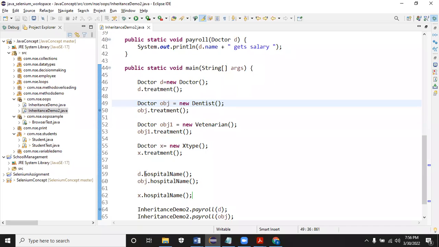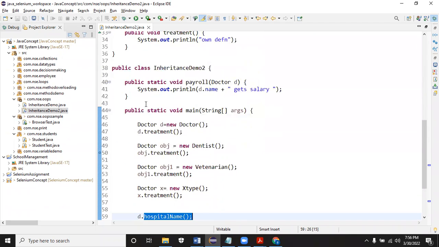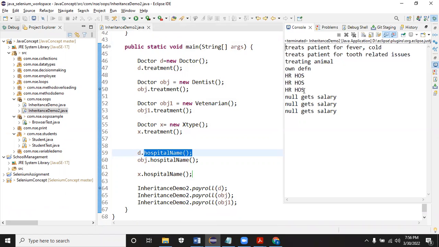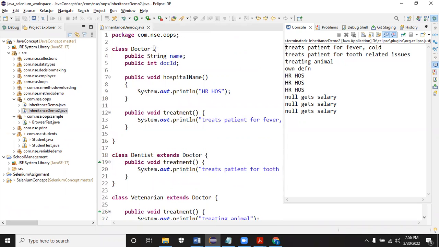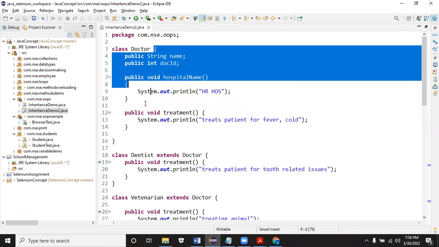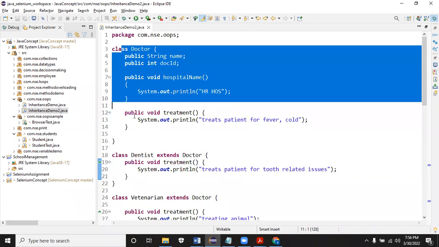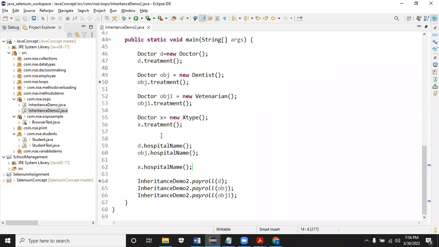Now what you need to work on is whether this method is overridden or not. Hospital method is overridden in the child or not. If it is not overridden, don't worry, it will take the definition from the parent class. Okay, during the runtime, one method will be loaded. First parent method will be loaded. If you listen carefully, last class I explained the inheritance concept. What happened when you create an object for child? When you create an object for child, first memory will be allocated for parent, then it will allocate for child. Now, if parent and child is having a same variable, same method, it will override. That is the concept here.